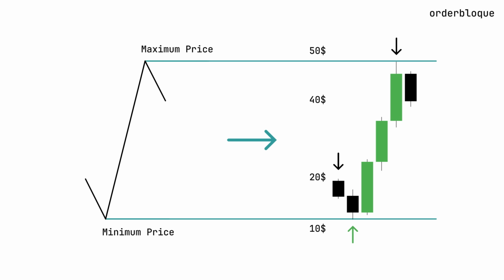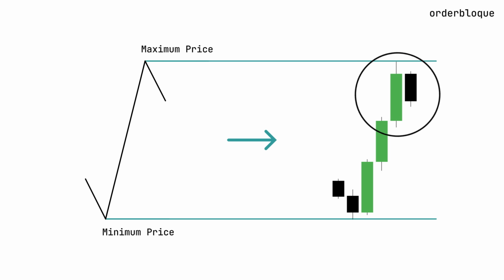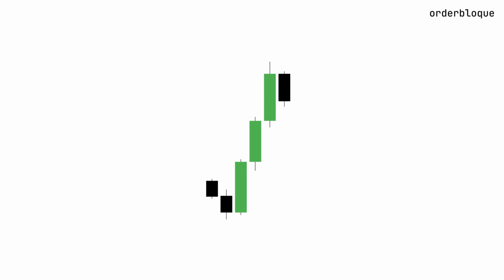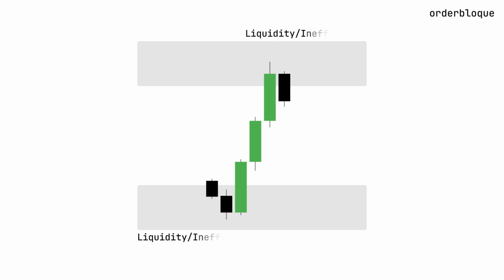the maximum price. Notice that as a result of this movement, a fractal low is first formed, which determines the minimum price, followed by a fractal high that defines the maximum price. Only with their help can we understand where those two key points of the range are located. If we consider the market context, it is highly likely that these fractals form within certain zones of interest, such as liquidity or inefficiency areas, from which the price reacts and reverses in the opposite direction. We will discuss this in more detail later on.